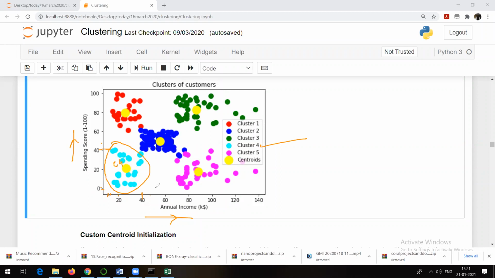Suppose this blue one: the people whose annual income is between 40 to 80 and whose spending score is 40 to 60 belong to cluster 2.